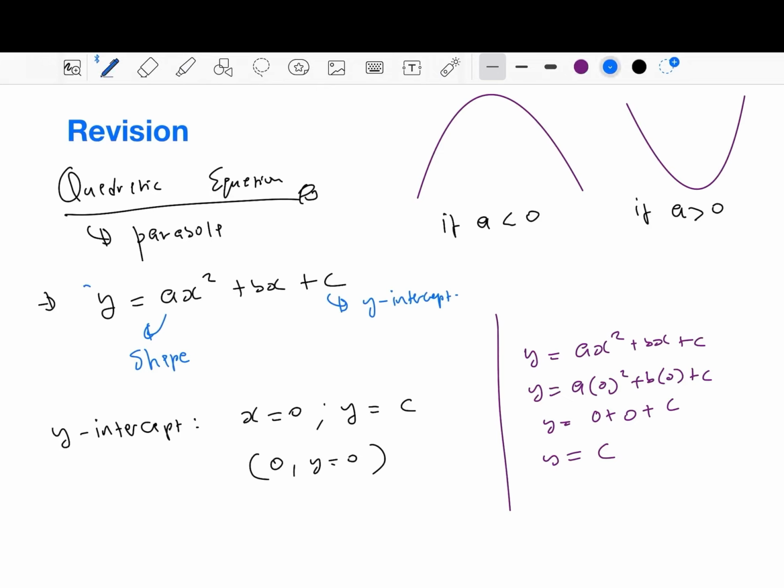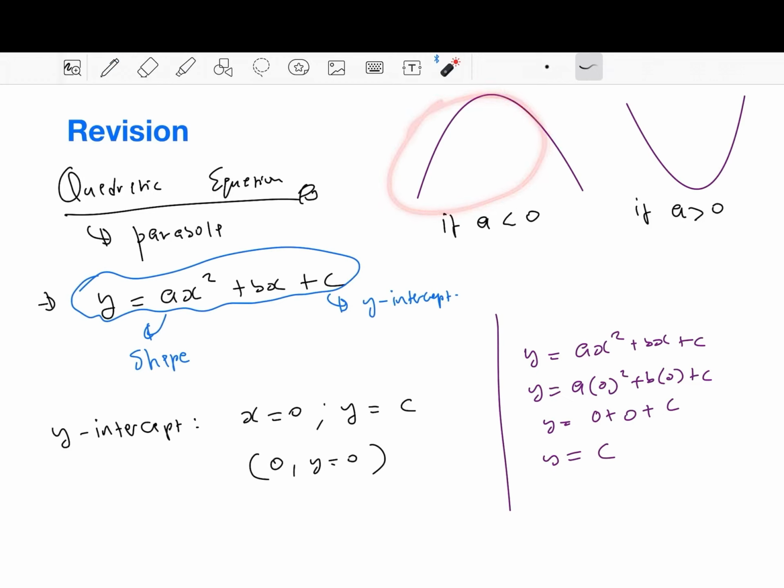So we have learned that a parabolic equation looks like this, and we know the parabolic shape, how they look, and we know if that a